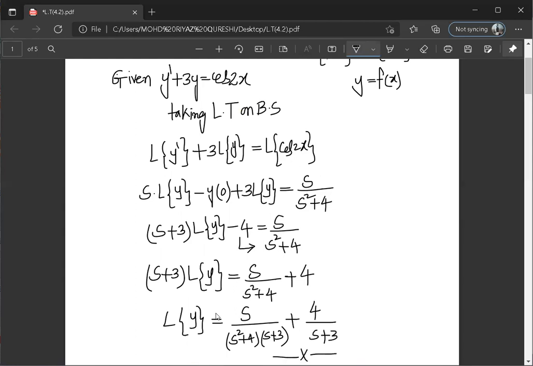Further, when we are continuing this question, we have to go for the Laplace inverse transform. In that, the same question is there: we have to find out the value of y. To find that value of y, we bring the Laplace to that side and it becomes Laplace inverse. After that, we have to solve it by using partial fractions. Okay, we'll discuss later on. First, you copy this one, this much only.